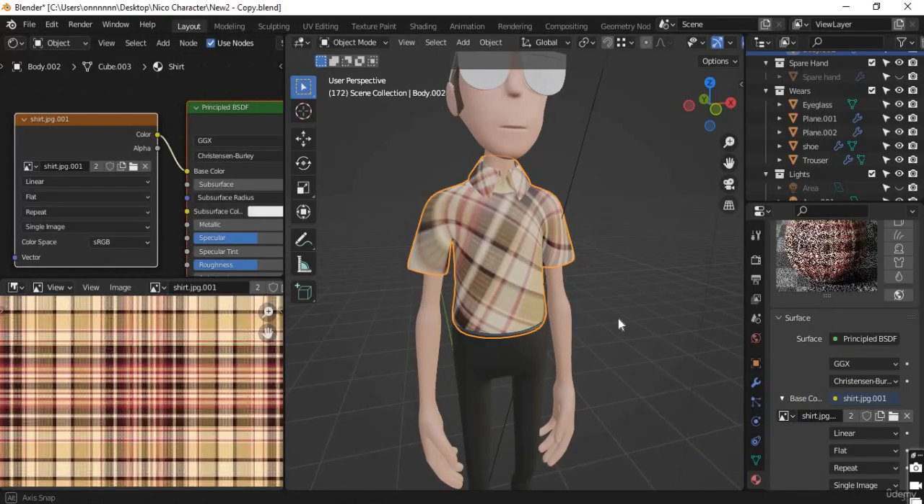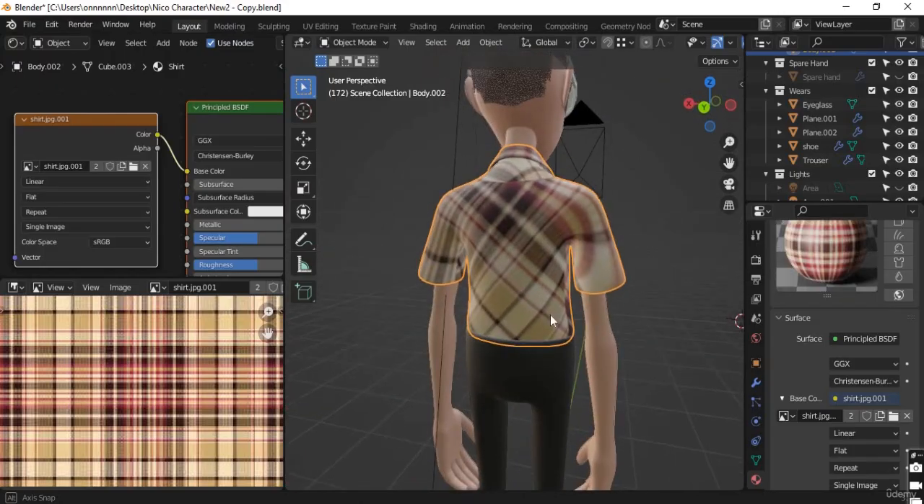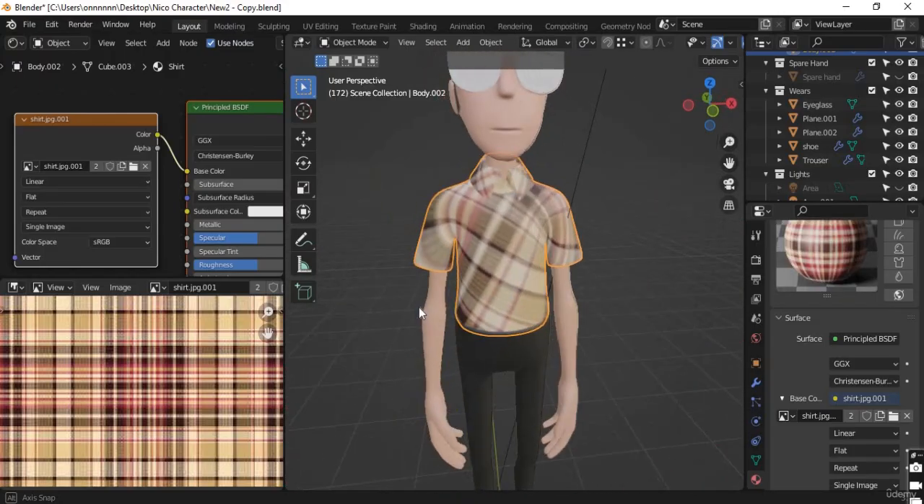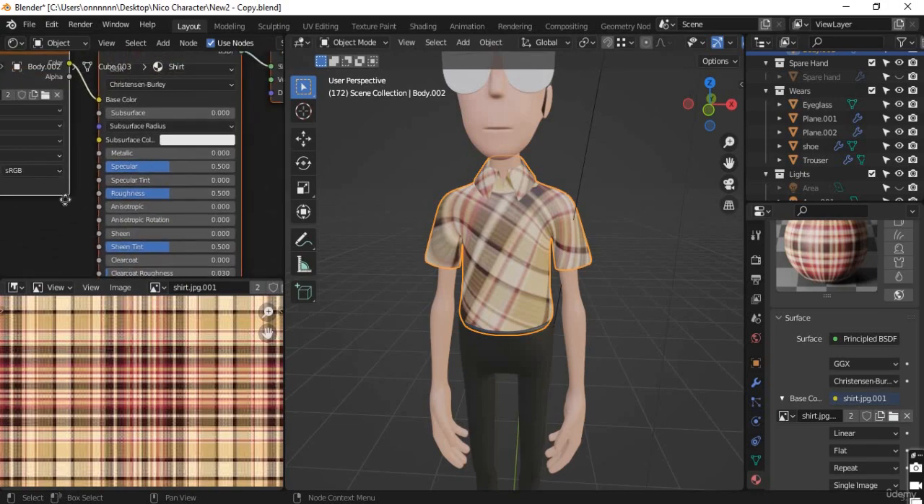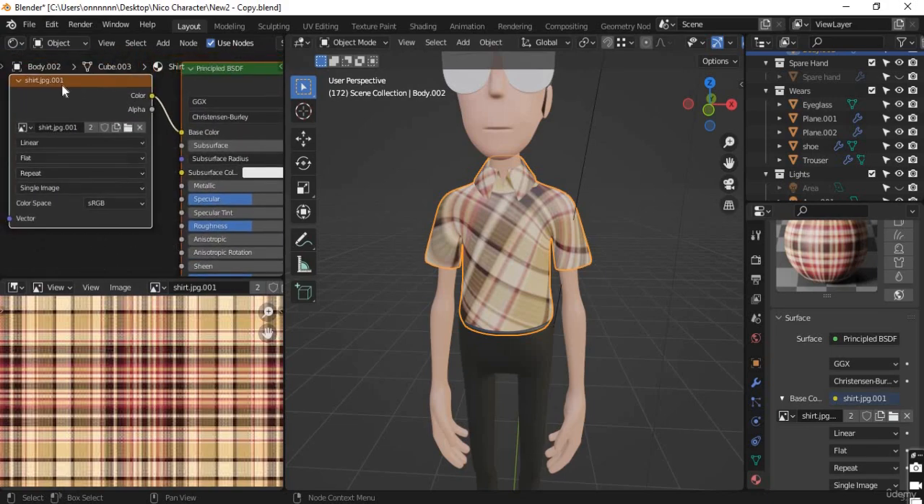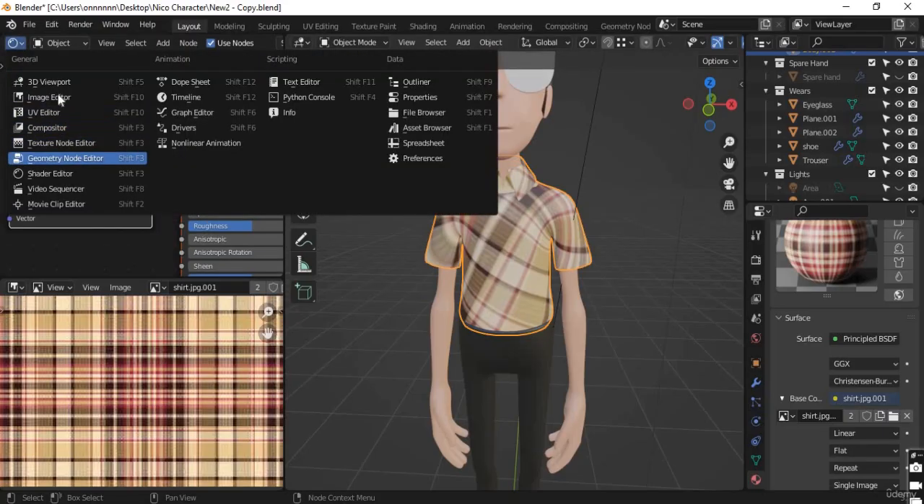Okay, there you go. The shirt is right there. Now we have the shirt. Next thing I want to do is, let's see right here. Okay, so now we are done with the node editor for the UV map for the texturing. Now I'm going to click on this option here and change my viewport. Now in my viewport, I'm going to go to